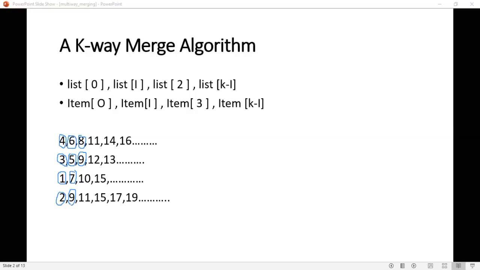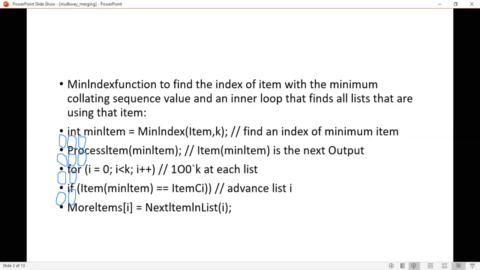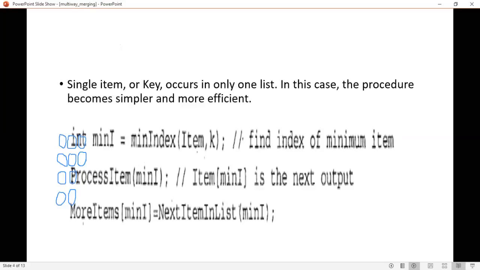Okay, that is when you have duplicate items. In case you don't have duplicate items, you just have to go ahead with these 3 steps. That is the for loop, that is comparison for loop is not needed in that case. Comparison for loop is not needed in that particular case.